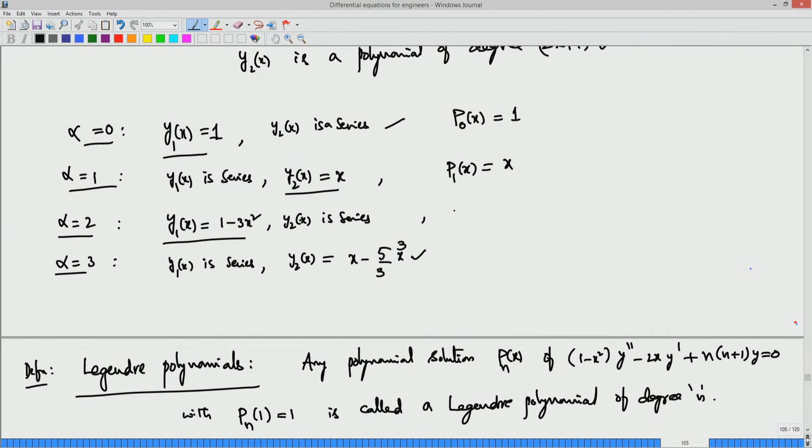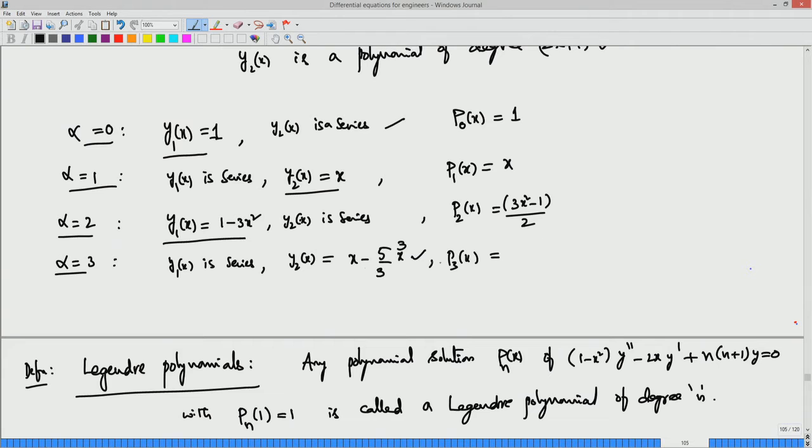But in this case alpha equal to 2, p2 of x is actually equal to, when I put y1 of 1 equal to, I am getting minus 2. So, if you multiply 1 by minus 2 into 1 minus, that is 3x square minus 1 divided by 2. So, a constant multiple of this y1 is actually a solution, whose value at 1 is equal to 1. Okay. Similarly, here p3 of x we can also write